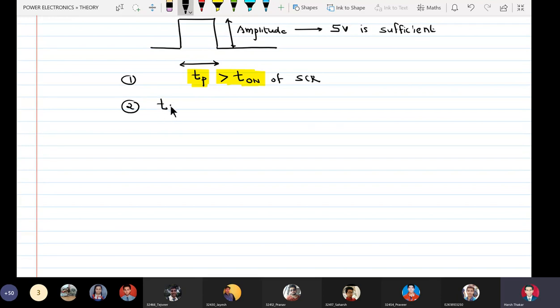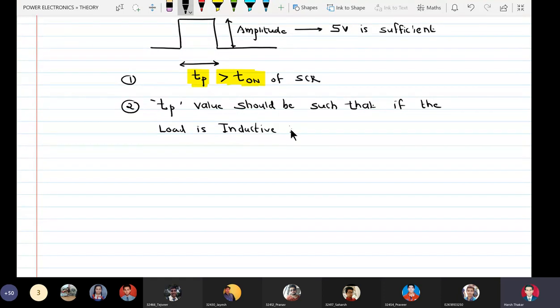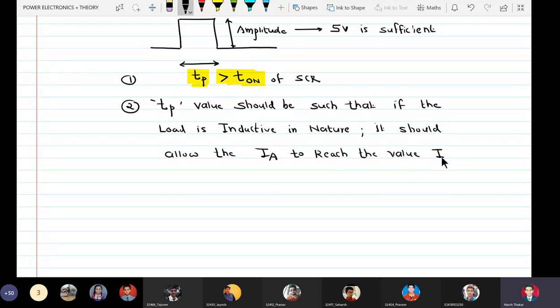Second is that the TP value should be such that, if the load is inductive in nature, it should allow the device current IA to reach the value IL.